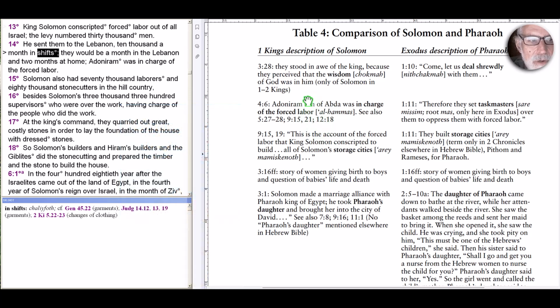And the important point are two things. We've already seen the wisdom, Hakmah, of God was in him, and it's only of Solomon in 1st and 2nd Kings, as I noted at the time. But here, the same word Hakmah is used for how the Egyptians are going to deal with the Israelites, translated as shrewdly. I noted in the last video in the Exodus story, and we'll see it again, it's sometimes translated